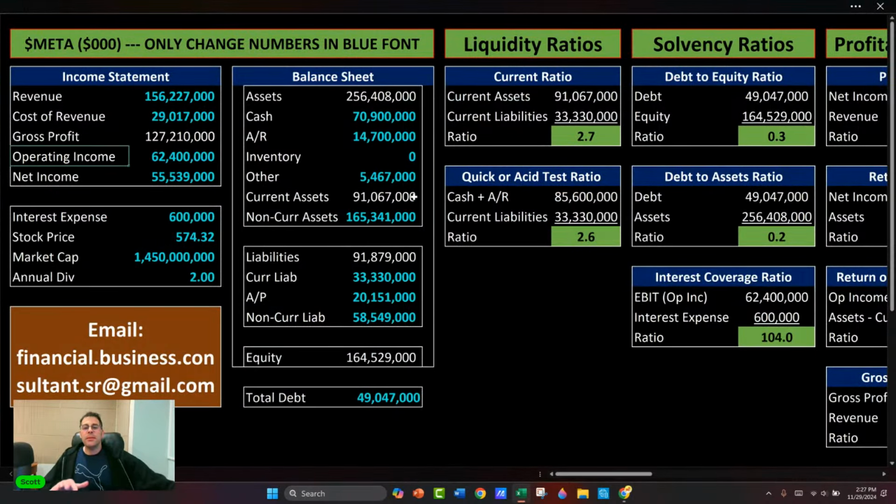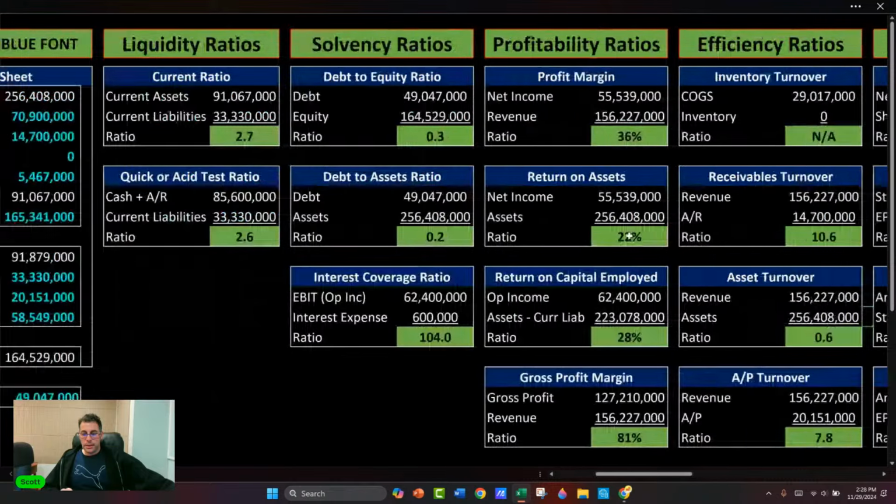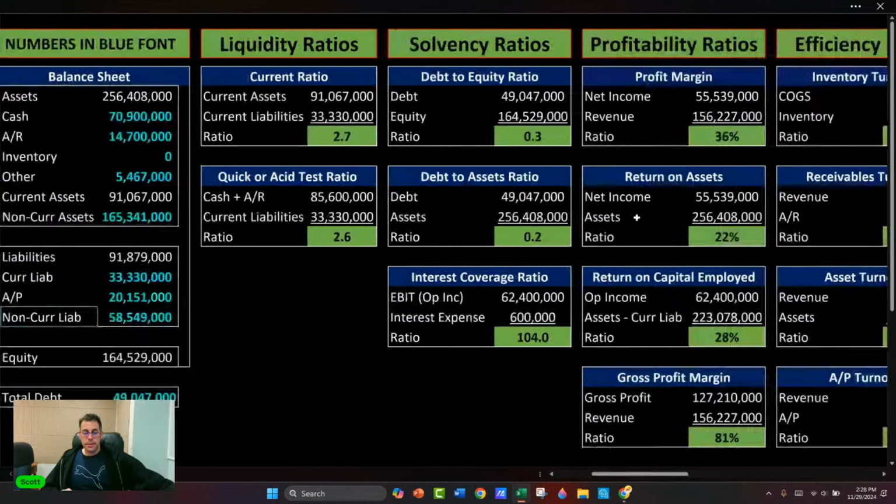Check out this Excel model I put together. This is the fourth model. The first one was my DCF. The second one was my dividend discount model. The third one was the Black-Scholes model to value options. And this, I think, may be more useful because